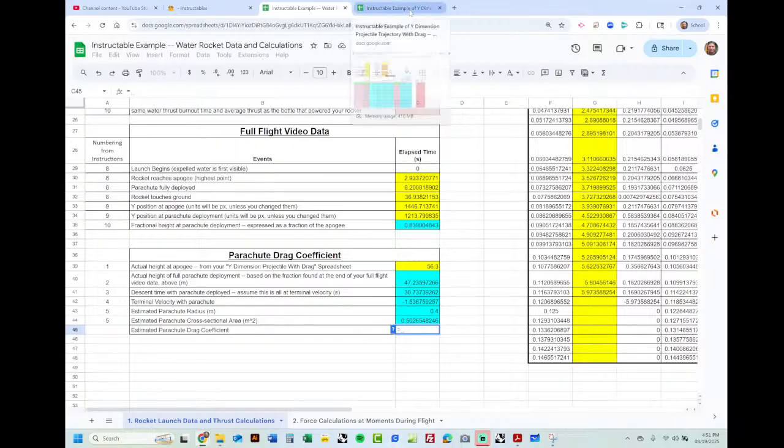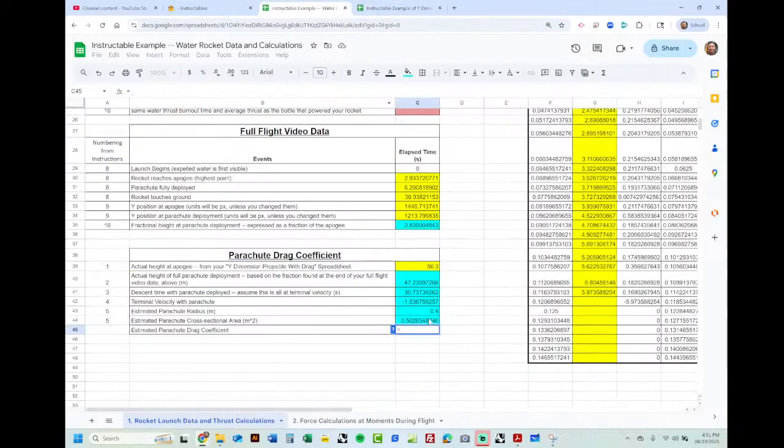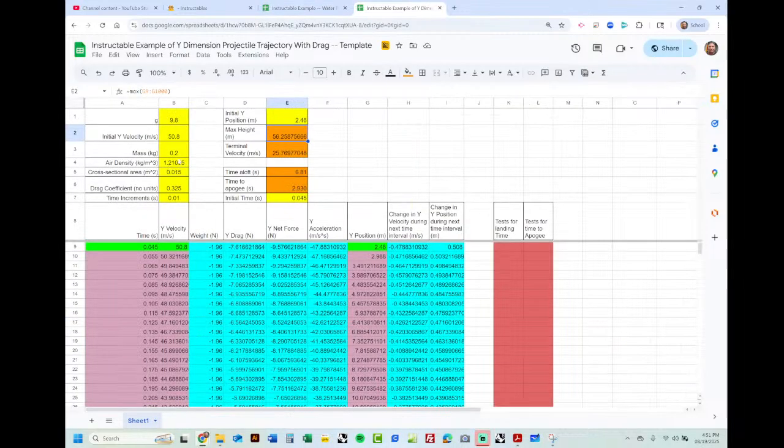So mg is the weight. I'm just going to look in my other spreadsheet. The weight is 1.96. I'm just going to put in 1.96 instead of negative 1.96. 1.96, that's the weight, divided by, and then this is where there are all these things multiplied together. The cross-sectional area times the, let's see, density of air, 1.21,